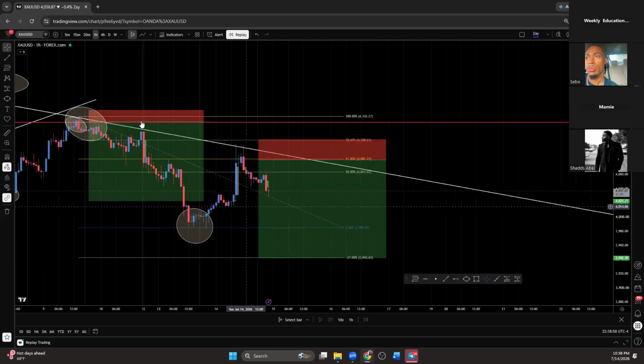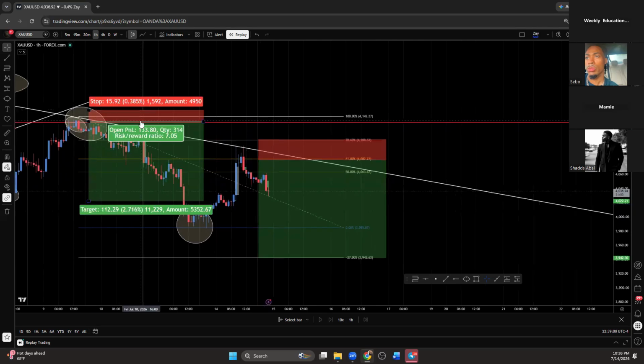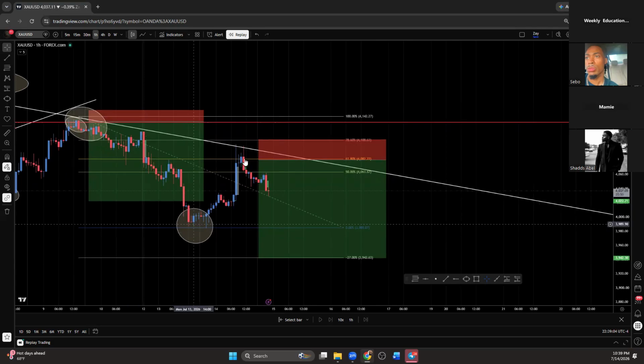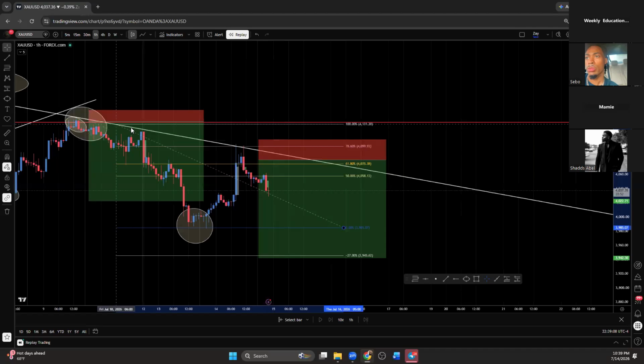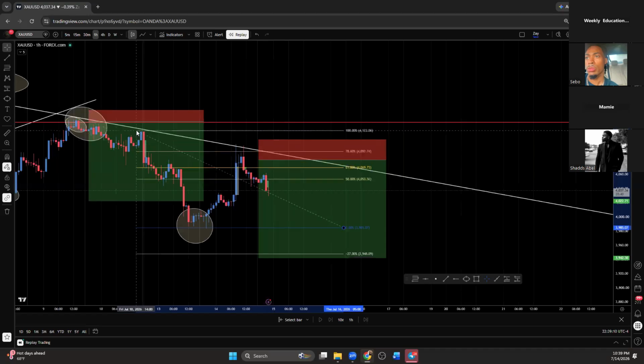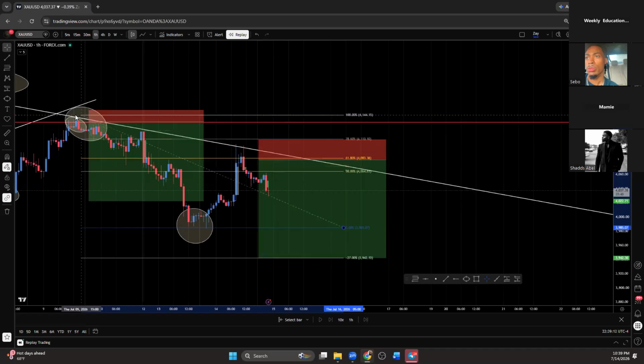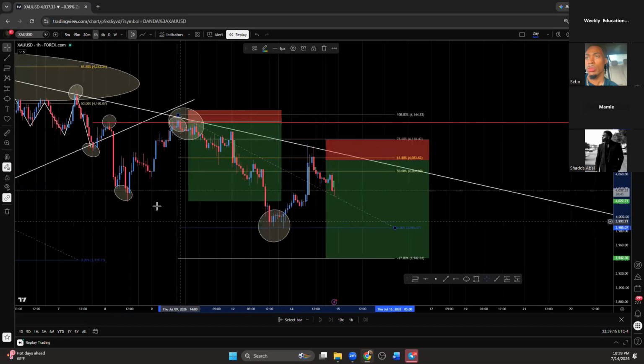Guys, it's a lower high right here, lower high right here as well, lower low, and then market came and retraced. Me personally, I would even say this right here is really what I was looking for. But the actual lower high is truly here, and then this is the lower low because this low is lower than this low, right? So lower high, lower low, and then this new lower high.